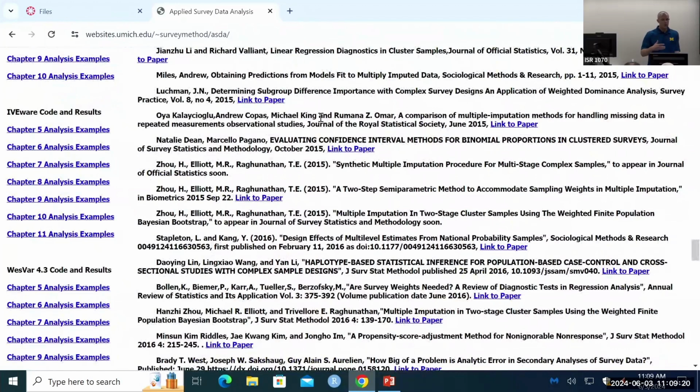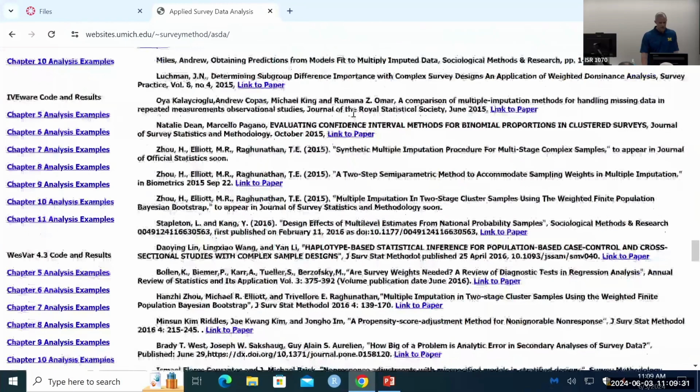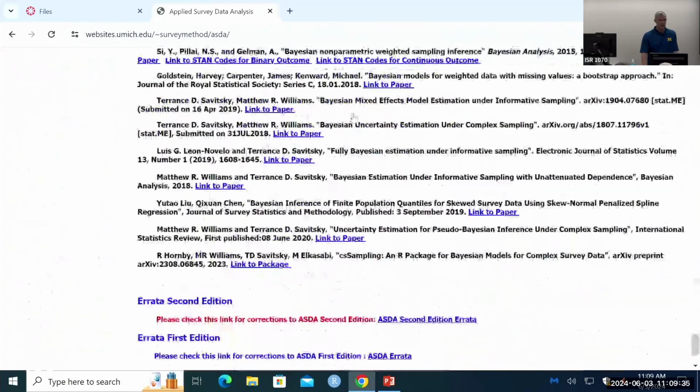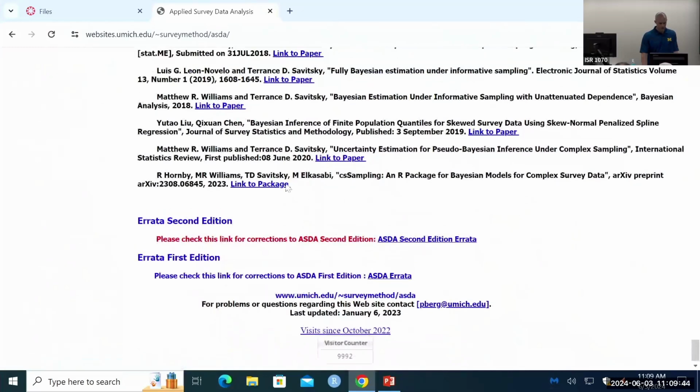But as we go through the different examples, you'll see the value here, I think, in looking at all the different types of syntax and executing the syntax here to replicate the analysis examples, okay? And certainly we have errata here as well. So if you see anything weird or something doesn't make sense in the second edition that's not already documented here in the second edition errata, please let us know, and we'll make sure to incorporate that hopefully in the next